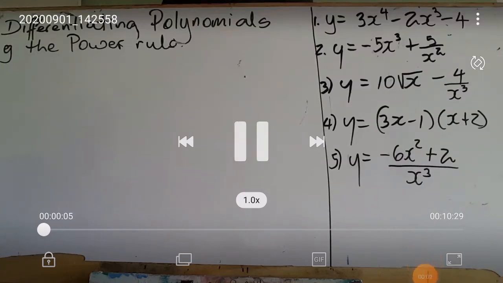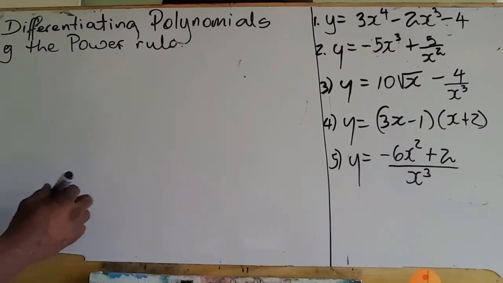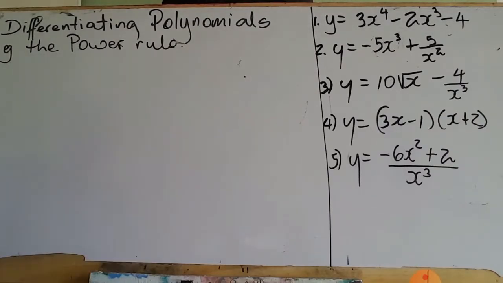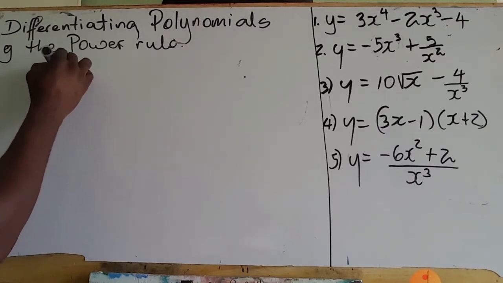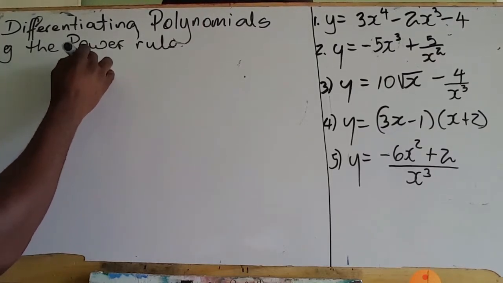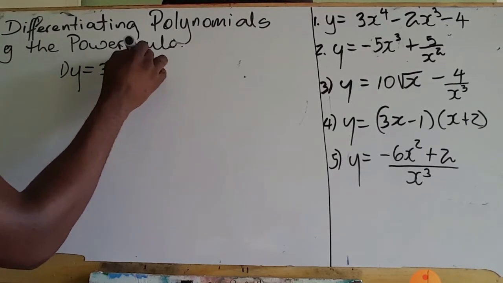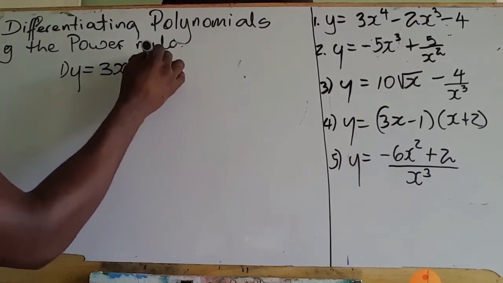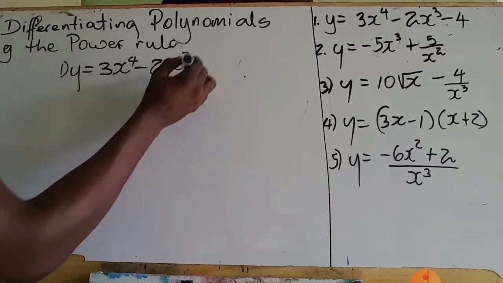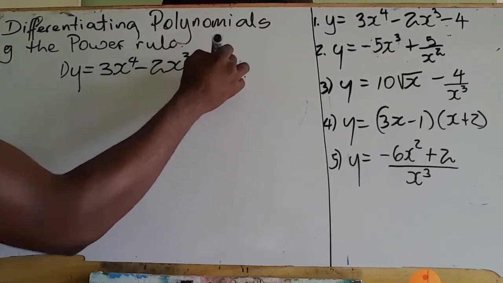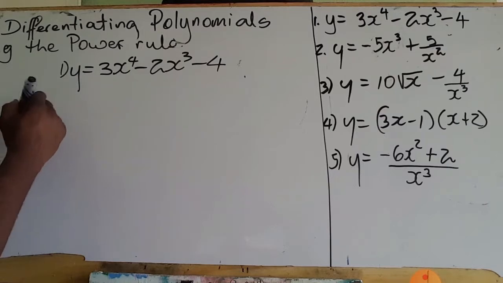Alright guys, today we're going to be differentiating polynomial functions using the power rule. As you can see, we have a number of examples here on the right side. The first one that we're going to be looking at is y is equal to 3x to the fourth minus 2x cubed minus 4. So what we're going to do now is to do dy dx, which is to take